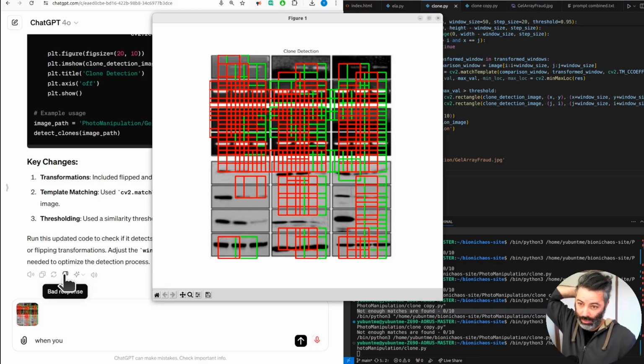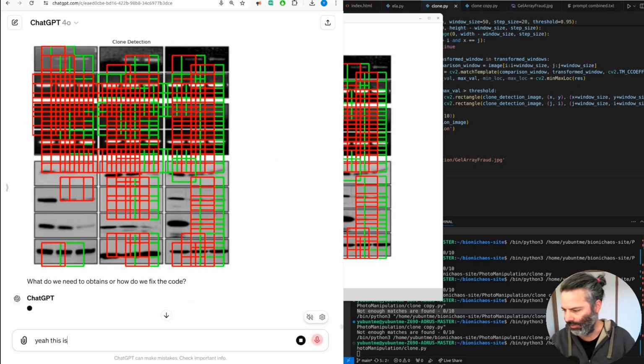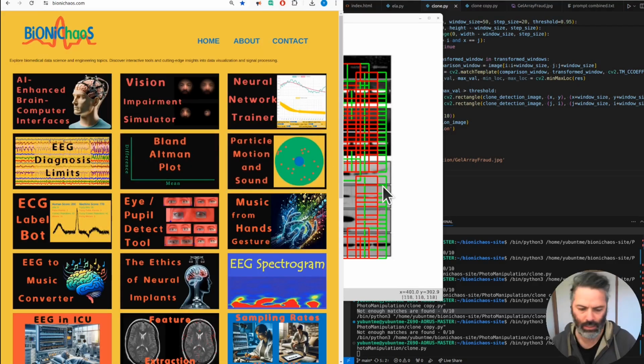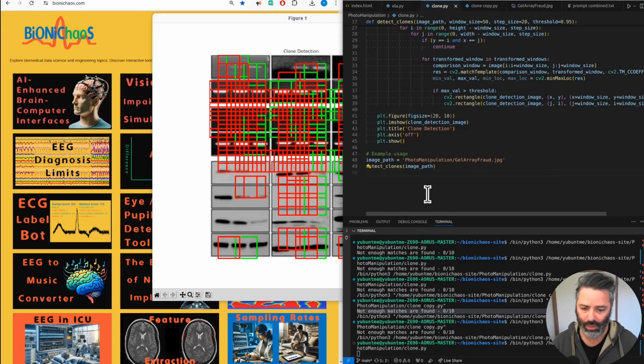Yeah, we need to optimize those parameters. What do we need to optimize, or how do we fix the code? Yeah, this is obviously not great. Okay, what are we doing? Let's see, how do we improve it? I eventually want to turn it into a Flask application, so it's available on the website, and primarily relying on